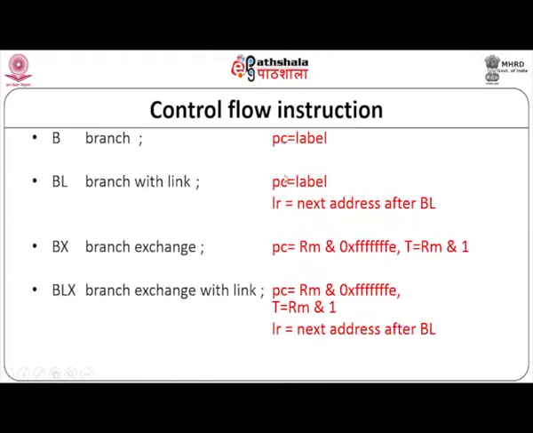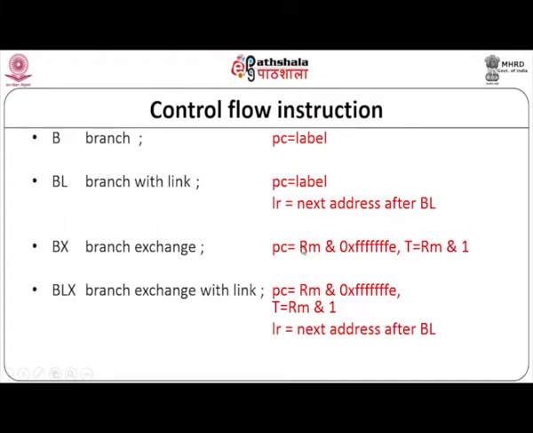When I say branch with link, PC is equal to label, then the link register normally holds the address which has to be loaded into the PC when you have to return back. Then branch exchange brings in one more additional operand, which gives the offset value to the program counter, and at the same time the least significant bit of this operand,